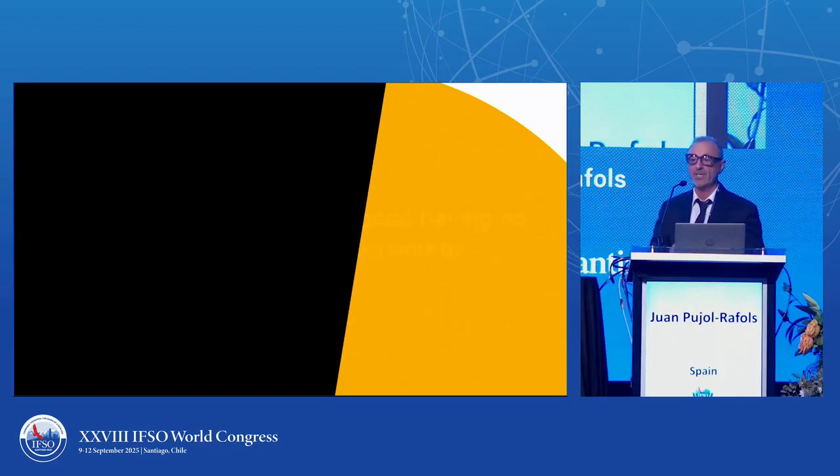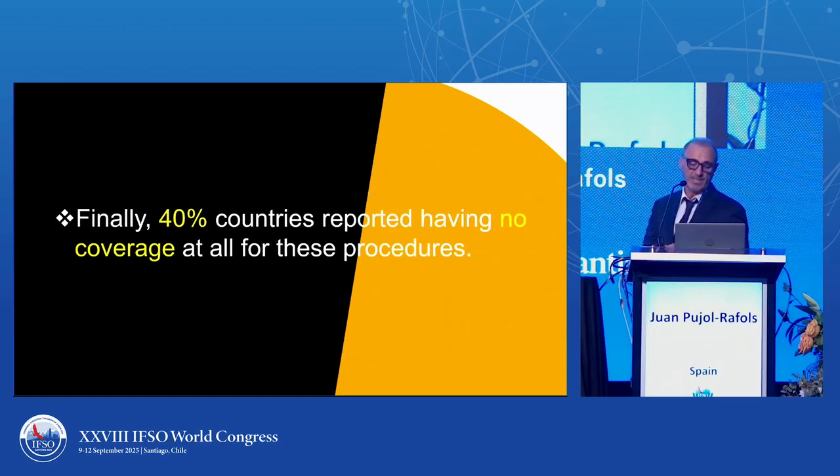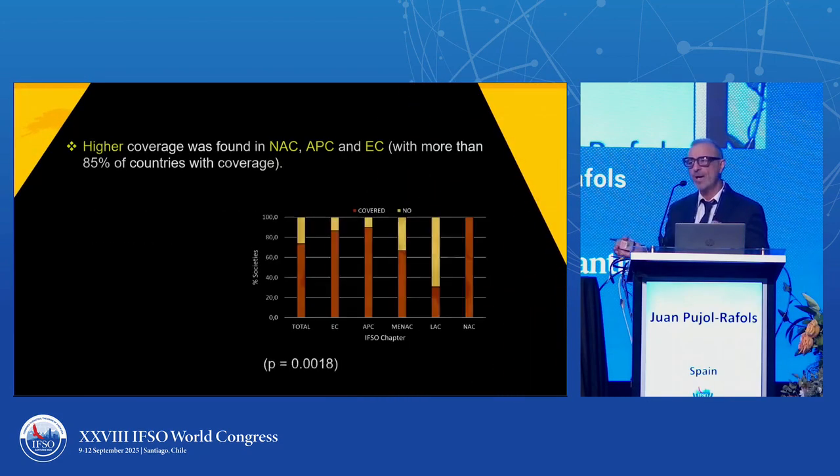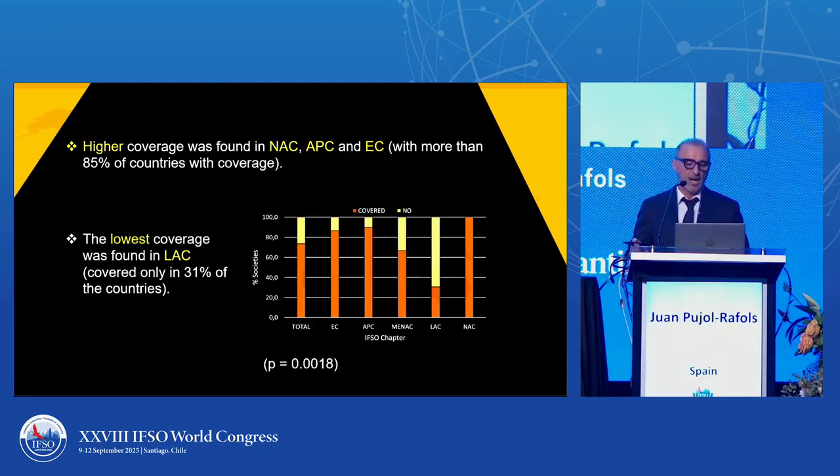And what is quite worrisome is that there's still 40% of the countries that do not offer any coverage at all for these procedures for people in need. And here we found some differences depending on where the country is located. Higher coverage was found in those countries in North America, Asia Pacific, and Europe, with more than 80% of the countries with coverage, 85%, whereas the lowest coverage was found in Latin America, where surgery is covered only in 31%